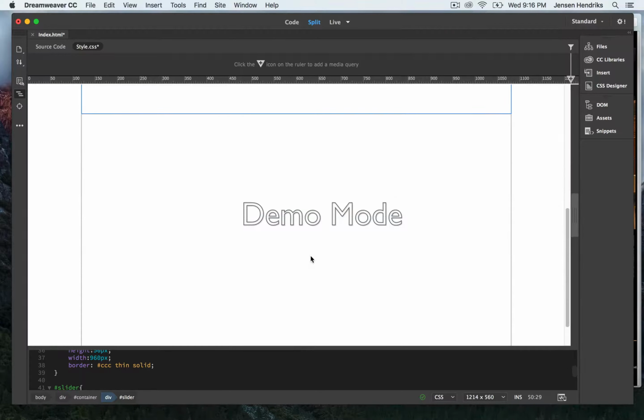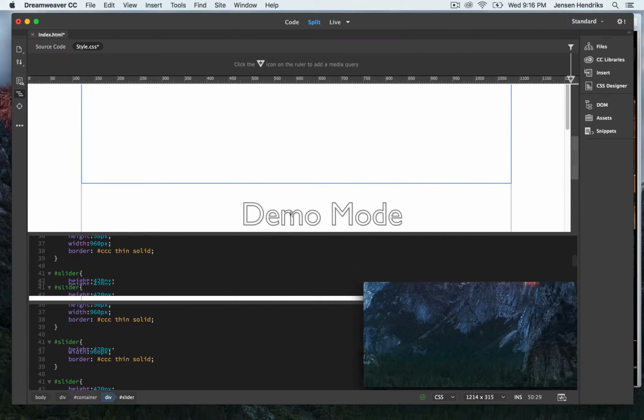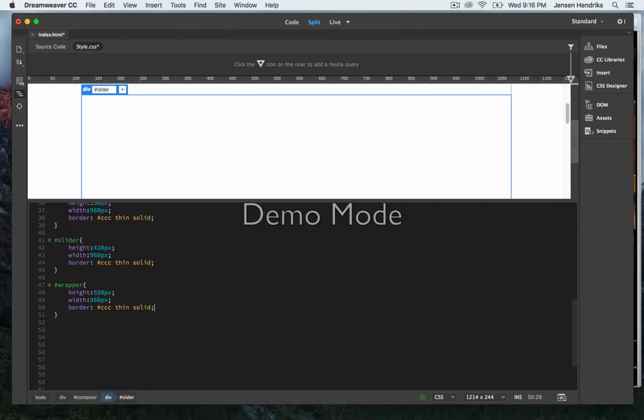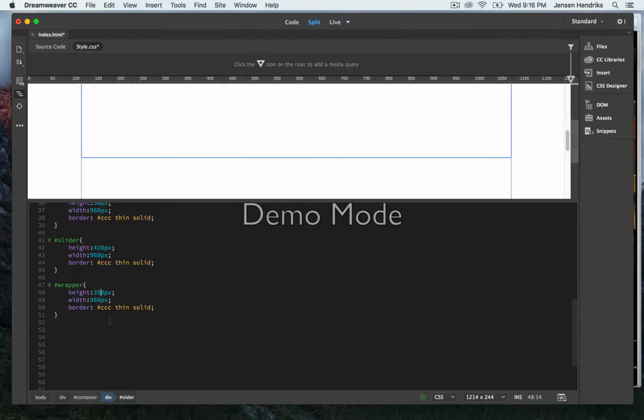And if I scroll down more, that's the bottom of the wrapper div. And that's a lot bigger than it needs to be. So I'm going to alter the height of that. And we'll just say the height would be 350 pixels for the height of the wrapper. So I'm going to go down here in the CSS, and now we're going to do the code for